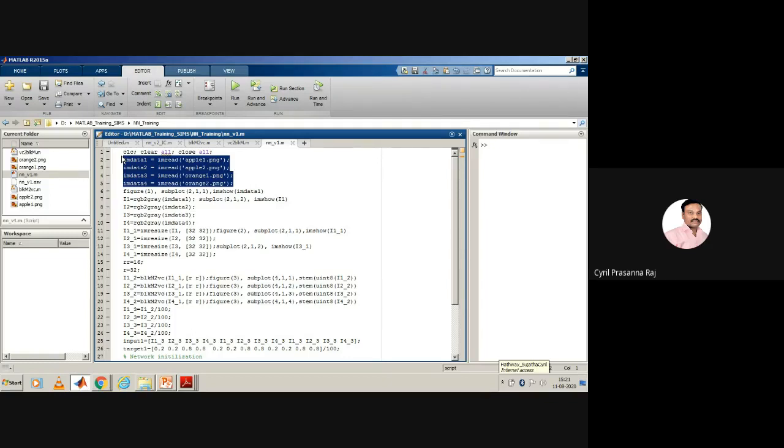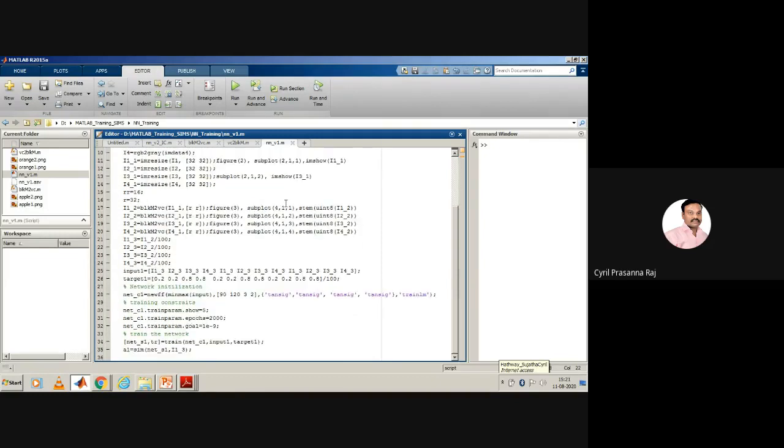So what you can do is go to Google and download a minimum of 20 apple images, and again 20 orange images, of different features, textures, colors, and shades. Then you start including them here and train the network. That is the only way by which you can make the network classify accurately. That is the first way of making this algorithm work much better.